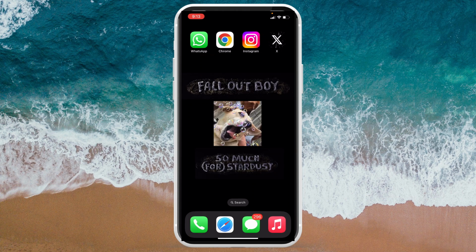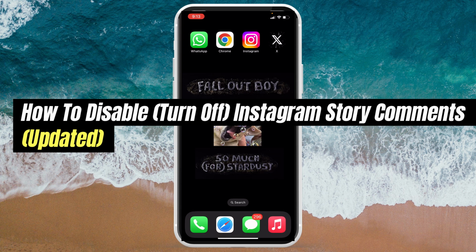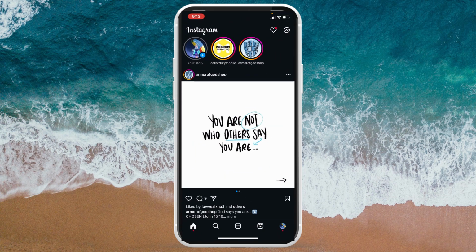In today's video, we'll learn how to disable or turn off Instagram story comments, updated version. So for us to be able to begin, just click onto the Instagram app or go ahead and log in onto your Instagram app. Once you're already onto the right account, or you have verified that you're onto the right account, to turn off the Instagram story comments, just head onto the profile icon here onto the bottom part